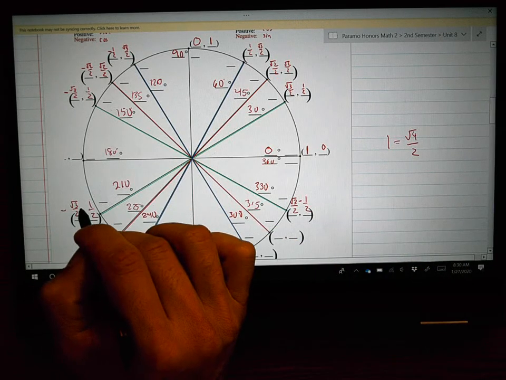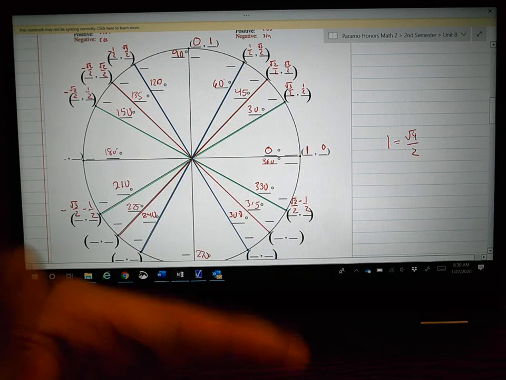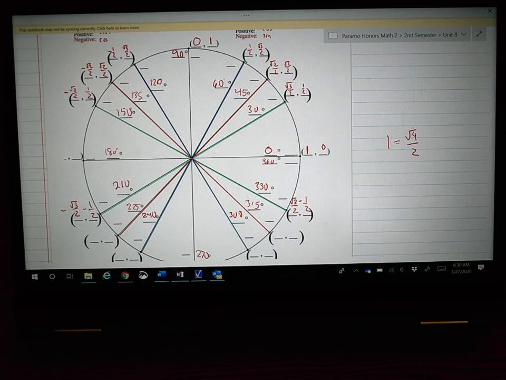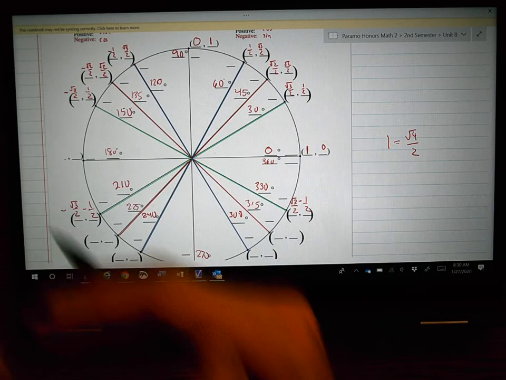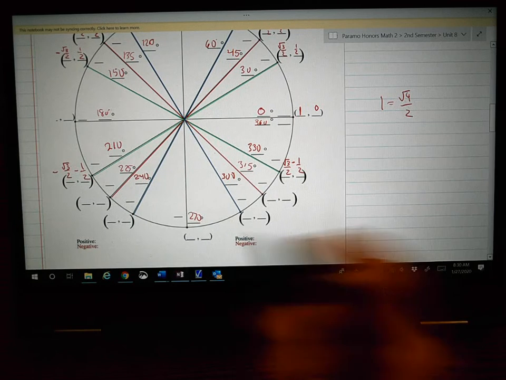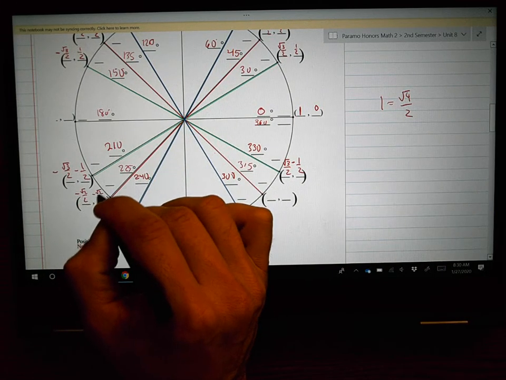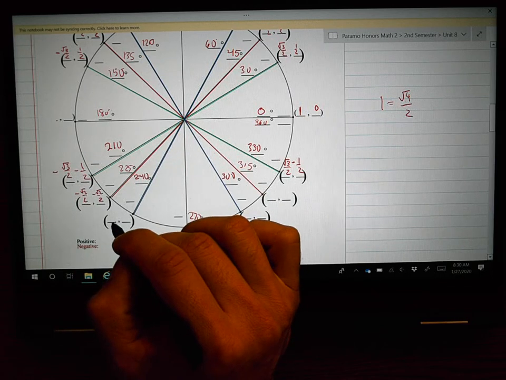Negative, negative over here. I'm hoping you see how it's done. It's the same ratio, except I just have to say, hey, I went to the right, it's positive, down, negative. Or I went to the left, negative, down, negative. And so I'm going to copy everything else. Negative root 2 over 2, negative root 2 over 2. It's the same pattern. Negative 1/2,